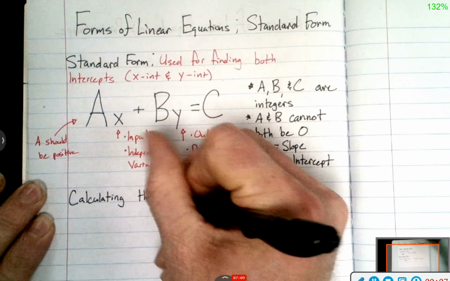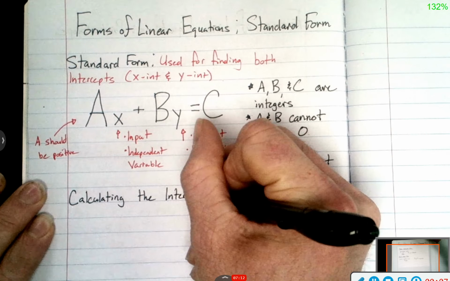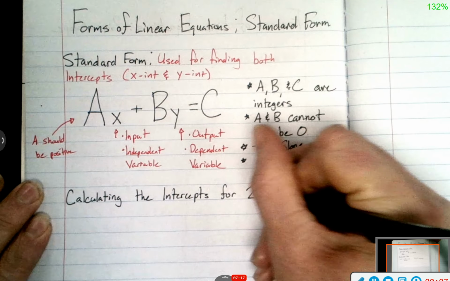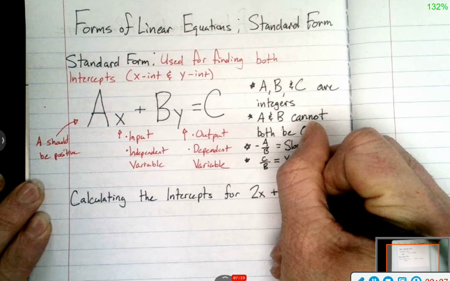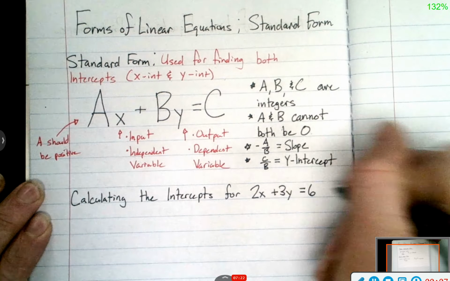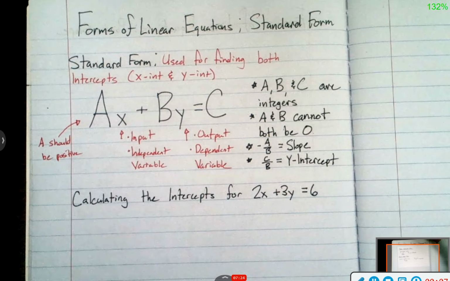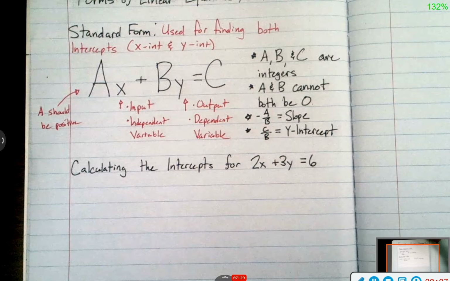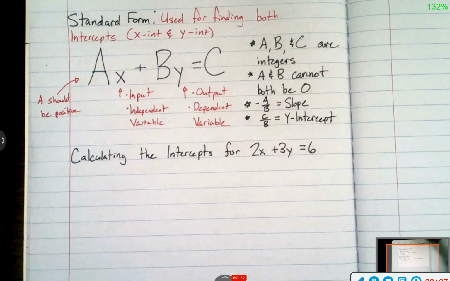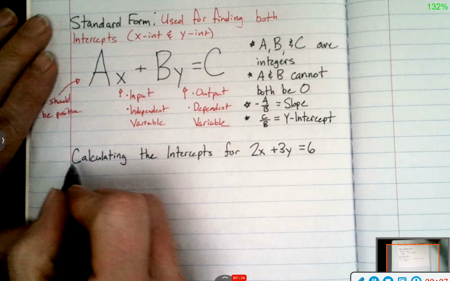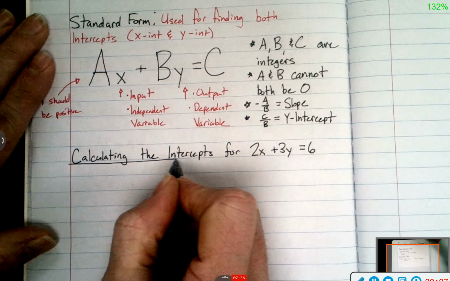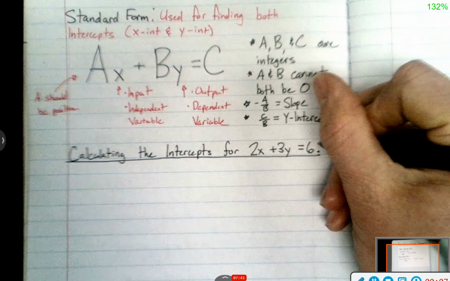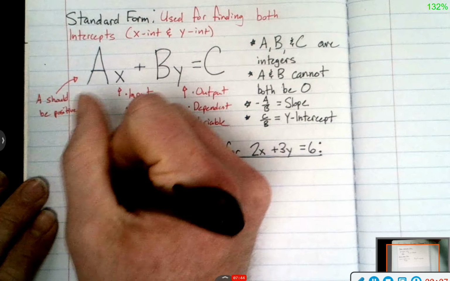Calculating the intercepts for 2x plus 3y equals 6. So before we go and talk about how to rewrite this and find our slope and find our y-intercept, we're going to at least take a look, at least once, at how we can use this form to calculate the intercepts relatively easily. So one thing to keep in mind, let's just start with the one we're more familiar with,